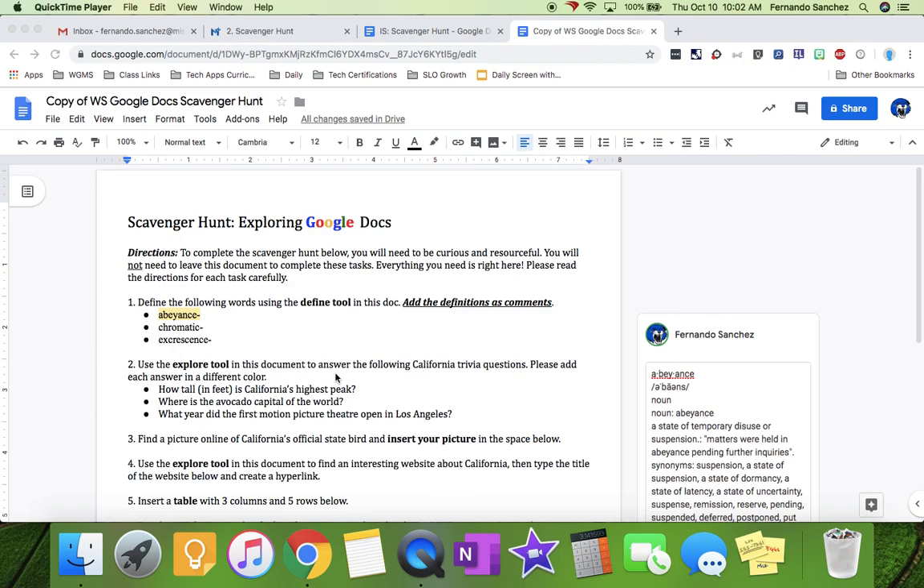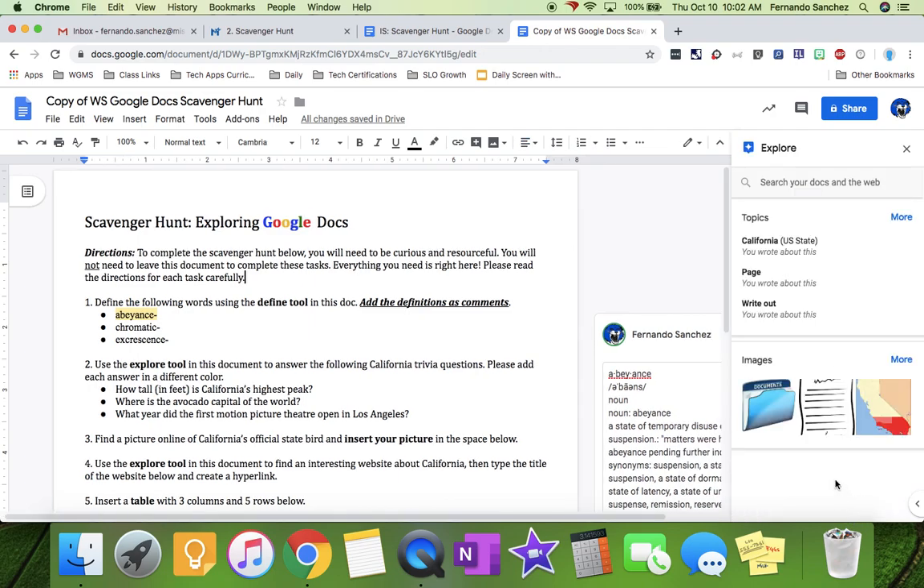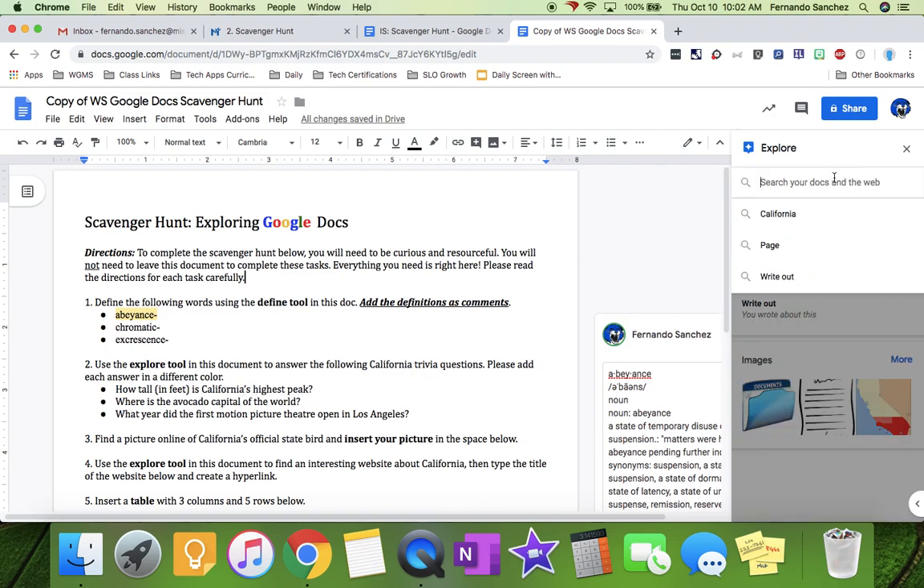Use the Explore tool in this document to answer the following California trivia questions. Okay? The Explore tool, if you've never used it before, is right here. It's this little cross at the bottom. Okay? So if you click on it, it's basically the internet inside of your Google Docs. So over here, for example, how tall in feet is California's highest peak? I can come over here and search